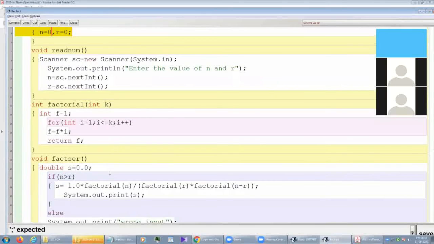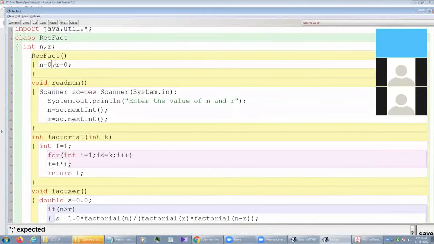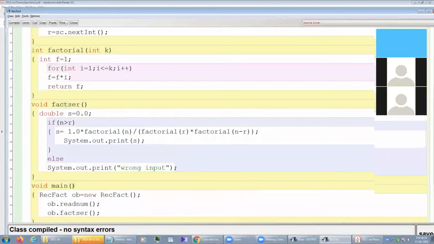After that, if I compile the program, the class compiled with no syntax error.